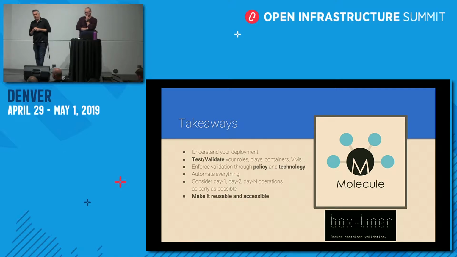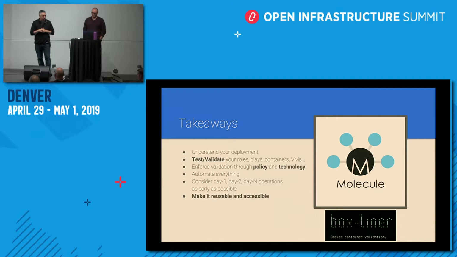We currently have an internal project. Unfortunately, we still wanted to bring it up because it's something that we use. But Boxliner validates that containers are built the way that they should be built, and they adhere to certain security aspects. It will boot up a container using Compose, and it will run a bunch of test infra tests against it, including a lot of the CIS compliance tests and any other tests that we have, so that any container that we've built, number one, we've ensured that it functions the way it's supposed to function, but number two, it meets the criteria that we require to meet.